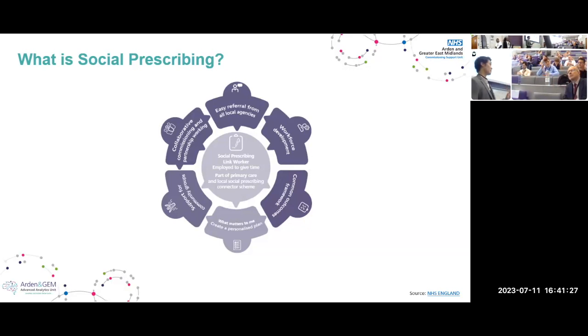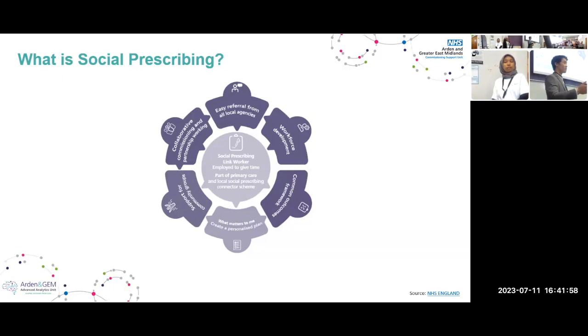Not that I'm anti-pharmaceutical in any way, shape or form, but in terms of social prescribing, the way it works is that the social prescriber works through the clinician. The clinician would look at the patient record and refer to the link worker as well. The link worker is the intermediary, who would connect them to the social prescribing services, the services that I've mentioned, which have almost like an infinite list.